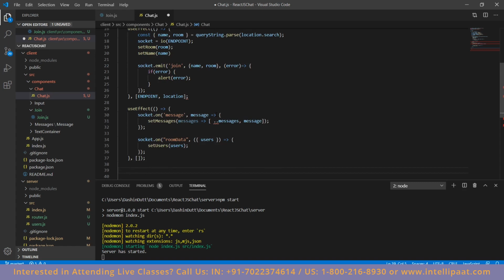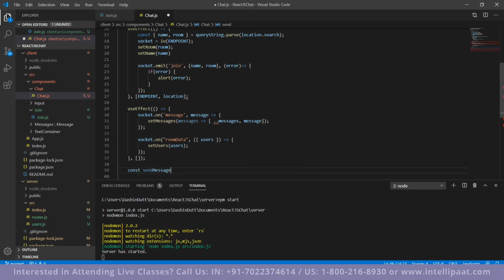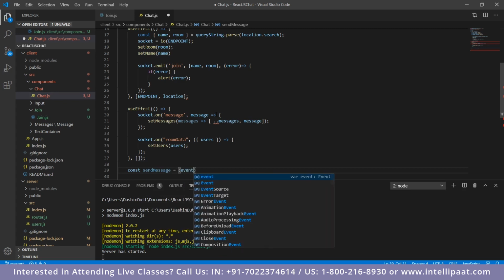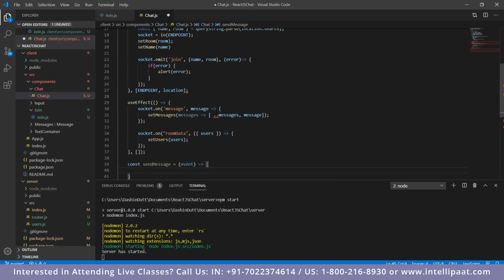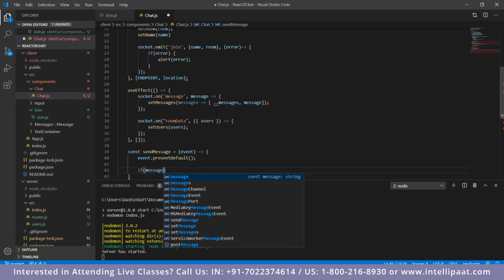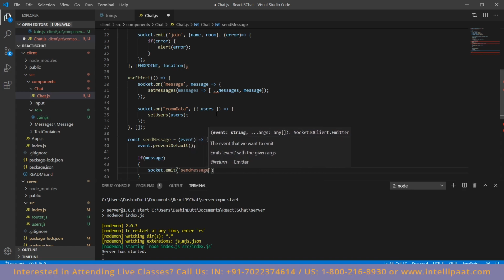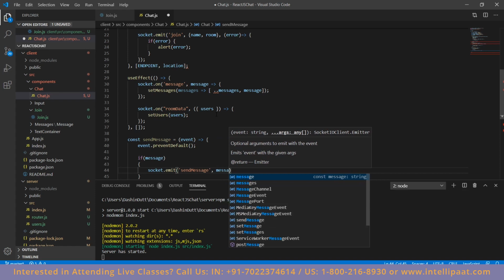So once that is done, simply type in the function for sending a message, start that event. We also need to ensure right over here that the message is not null. So we'll use a prevent default for that, so that the message is not actually sent if the message is null. So if the value of message is a non-null value, then only we will socket emit it to the server. So we'll call the server function, which is send message, and pass in as the parameter the message that we're trying to send,